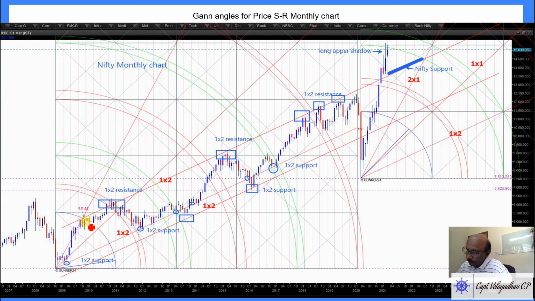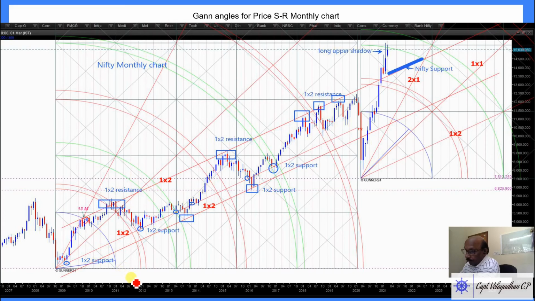That it made a high here but corrected deeply for few months, almost 1 year. So bad time for the people who traded those times. Like me and many others lost a huge amount of money here, due to the correction. And when the price corrected, see here it breached 1 by 1 angle. When it breached 1 by 1 angle, supposed to come to 1 by 2, it came and it took support.